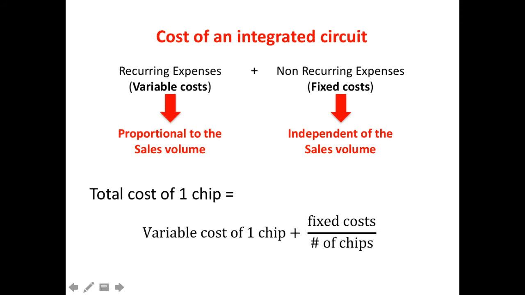Of course, we need to make this consideration, because if we want to evaluate the total cost of one chip, typically you have to consider the recurring expense, so the variable cost for one chip, plus a fraction of the fixed cost, which is the fixed cost divided by the number of chips that you can manufacture. Okay? So, this is important